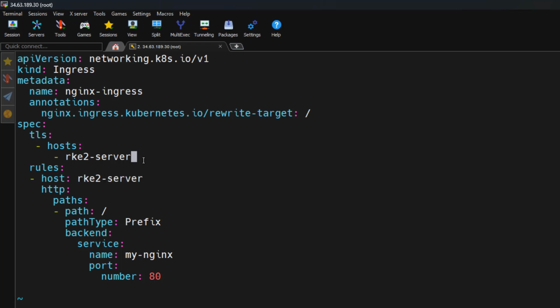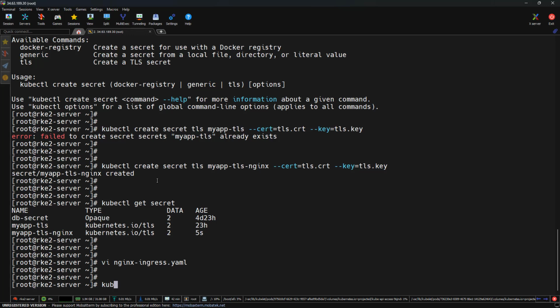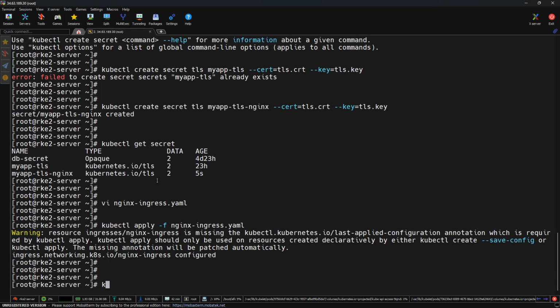And then we need to specify the secret name which we just created, that is secretName, and the name is my app-tls-nginx, and save and exit. Now let's apply this configuration. kubectl apply -f nginx-ingress.yml. Ingress got updated, so kubectl get ingress,